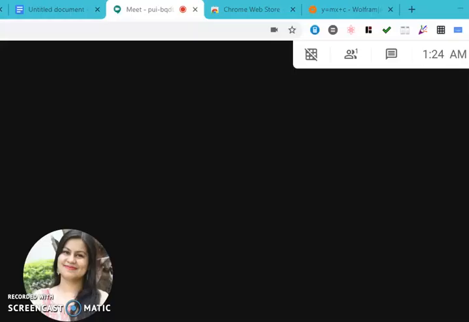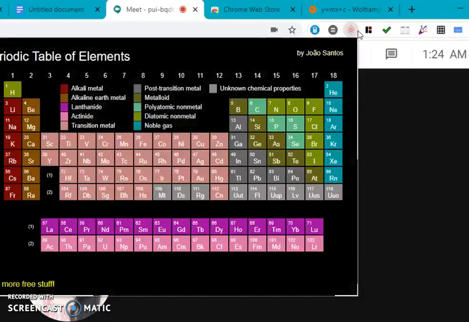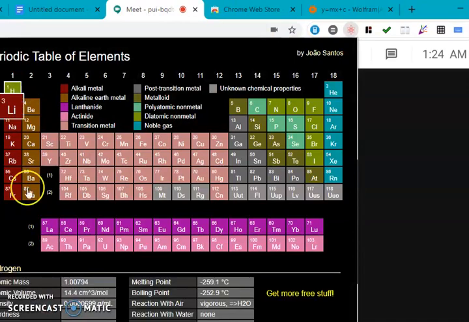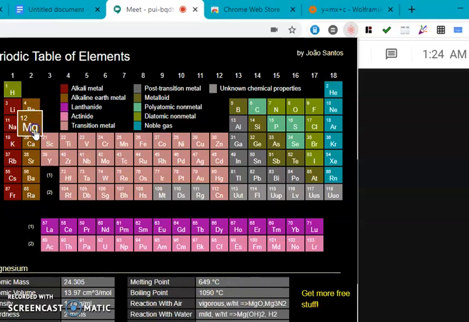Coming back to my Google Meet, now I have two more tools remaining, for chemistry as well as for biology. This chemistry tool's name is Periodic Table of Elements, and it will display the periodic table, and by clicking each of these elements you can get the details about that element.